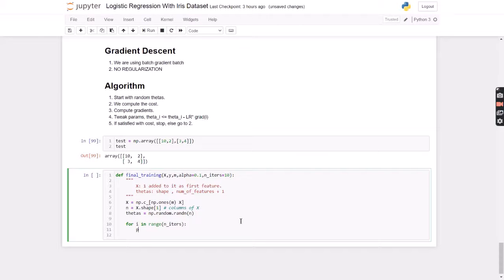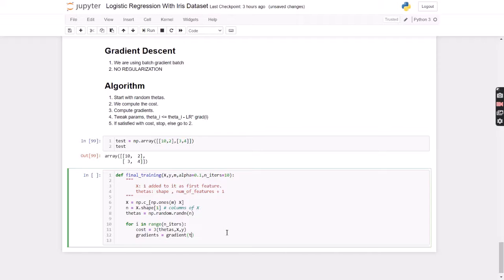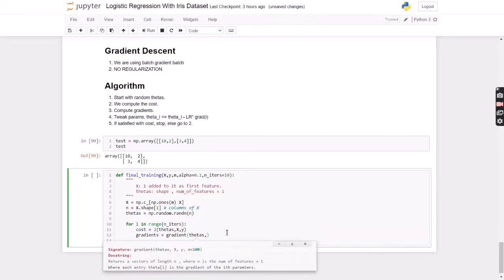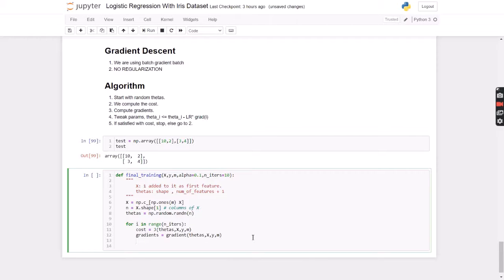So first, what do we do? First we compute the cost, which comes from the gradient function, which again has three arguments: thetas, x and y, and the m argument is again constant. So I'll just pass this m as the m. Cost also had an m. Okay, so now that we have these things, we will